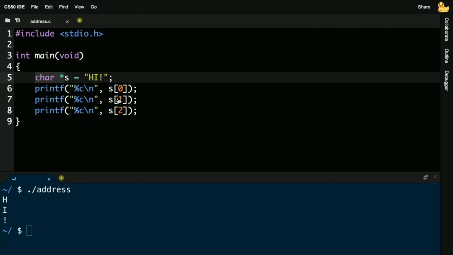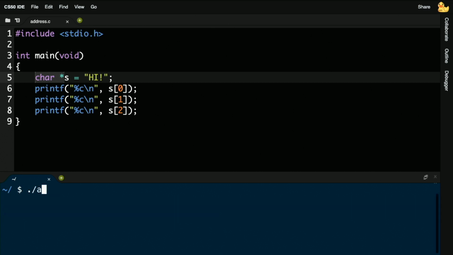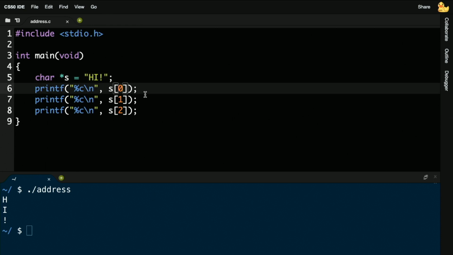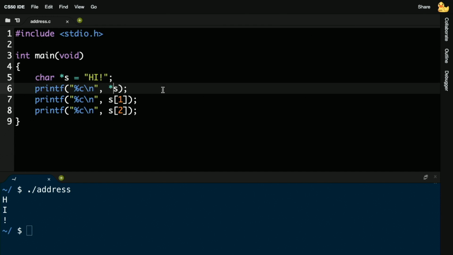So now if s is that, I can actually treat it the same. There's no reason I can't keep using s like a string was back in week 2 using our square bracket notation. And I can keep printing out hi exclamation point using that same square bracket syntax. But there's one other way I can do this. If I now know that s is really just an address, I can get rid of this square bracket notation, and I can actually just do *s. Because recall that star, in addition to being the new symbol that we use when declaring a pointer up here, it's also the same symbol, confusingly, admittedly, that we use to go to an address.